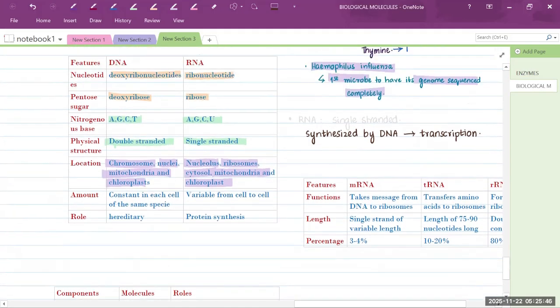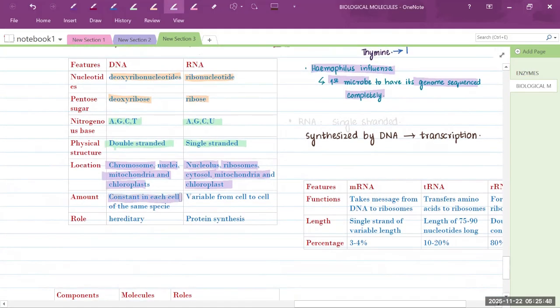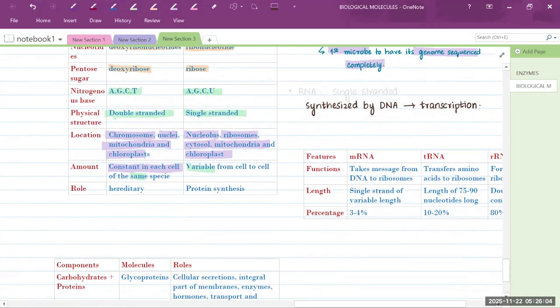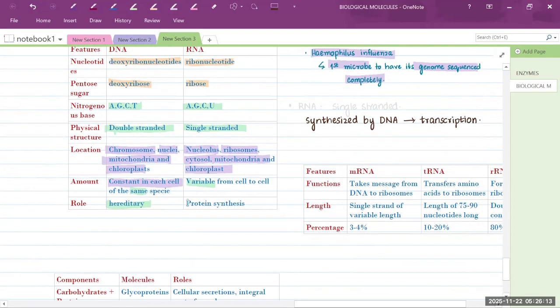The amount of DNA is constant in cells of the same species. You need to remember it is written same species. Different species may have different amounts of DNA, but it is constant in each cell of the same species. However, RNA is variable from cell to cell. The role of DNA is hereditary, it carries genetic information as genes, and in RNA it is protein synthesis, for example,